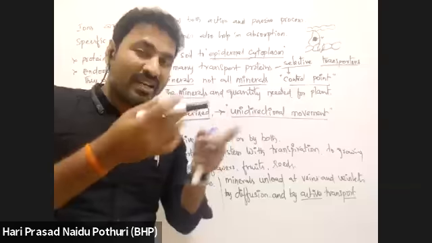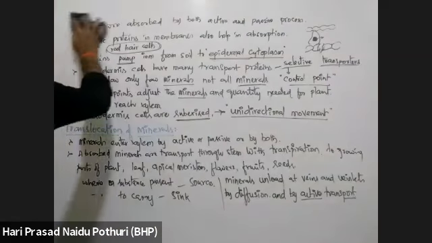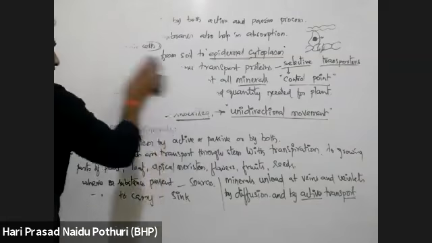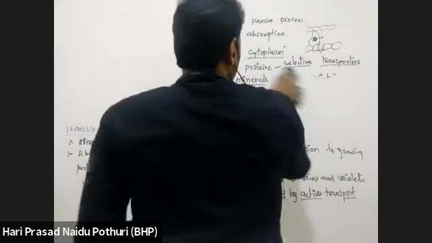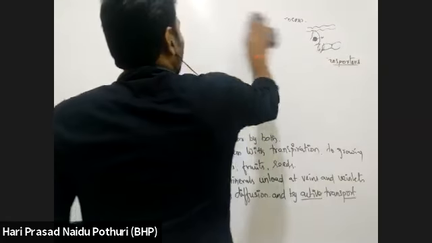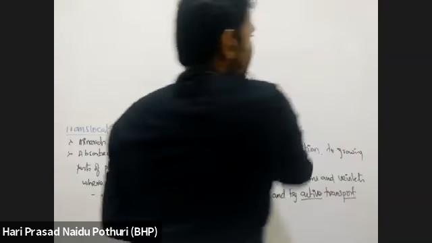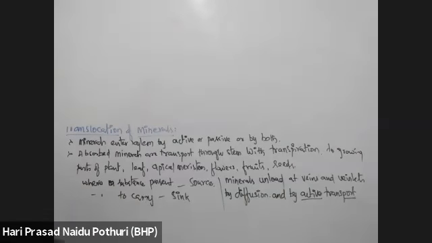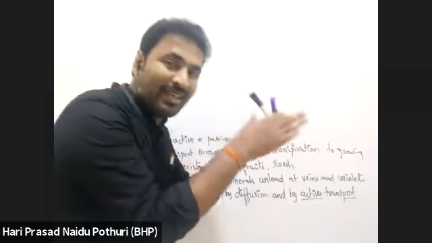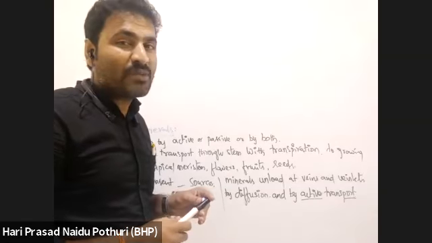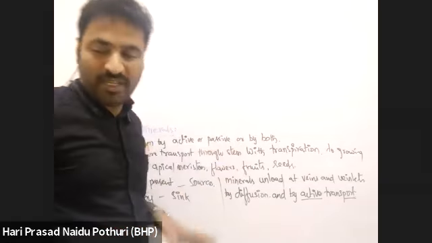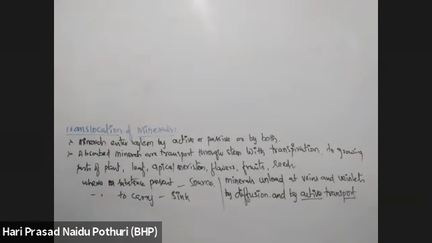Once minerals are released into the leaf, what happens then? The minerals may be remobilized between cells from one part to another part. Suppose one mineral is taken by the roots, it is absorbed into the xylem water, then it is carried into the leaf. In the leaf it is responsible for some metabolic process. When the leaf becomes old, the leaf is falling down or some other process is taking place, then what is happening is mineral ions are frequently remobilized.